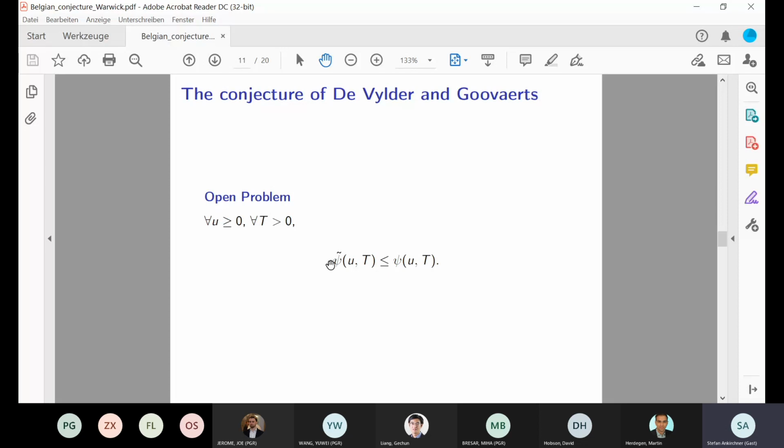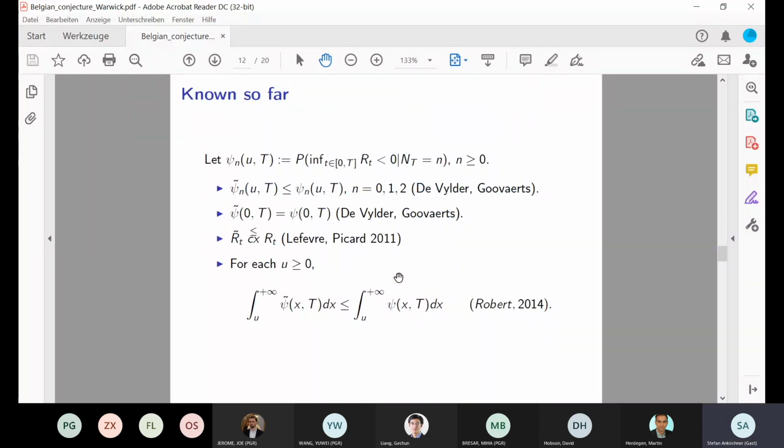So psi, for any initial reserve and for any time horizon T, the conjecture goes that the ruin probability for the modified model is smaller than the ruin probability under the original model. So here are some results that are known with respect to this conjecture. So for example,